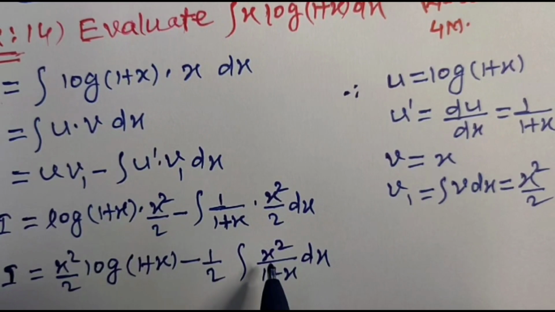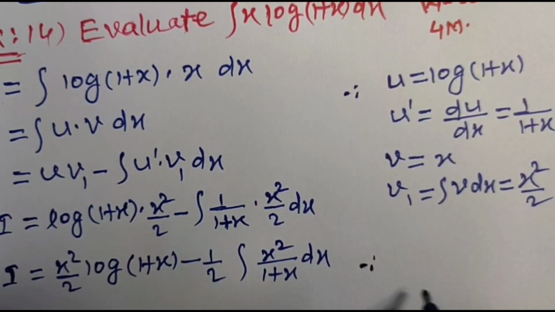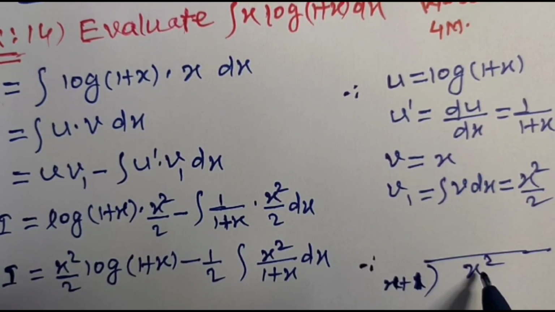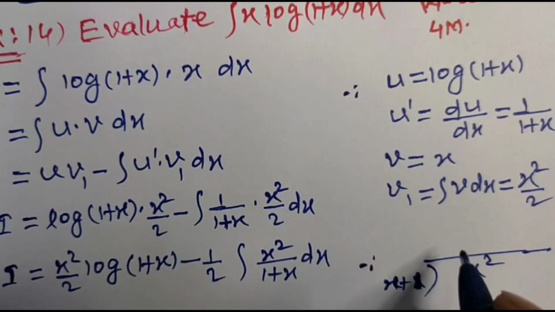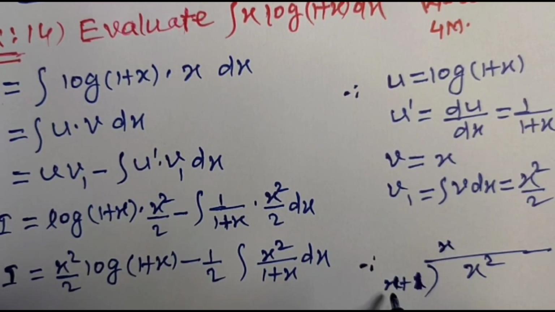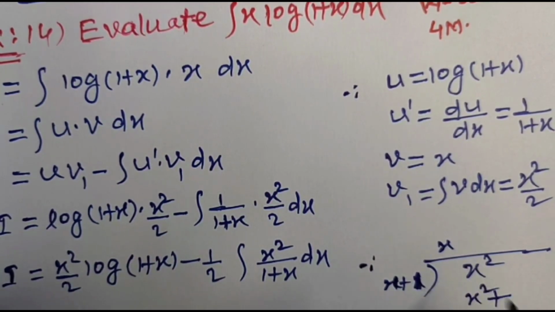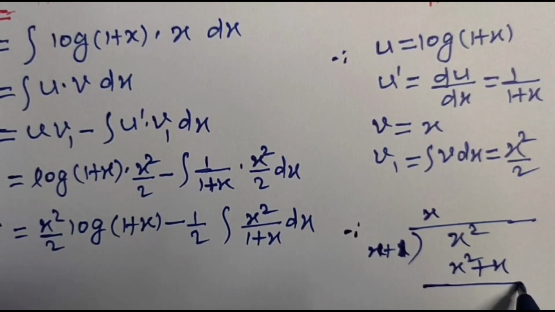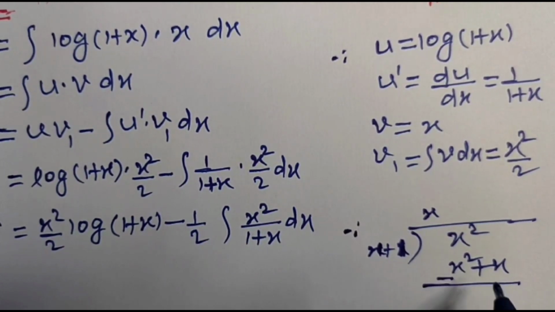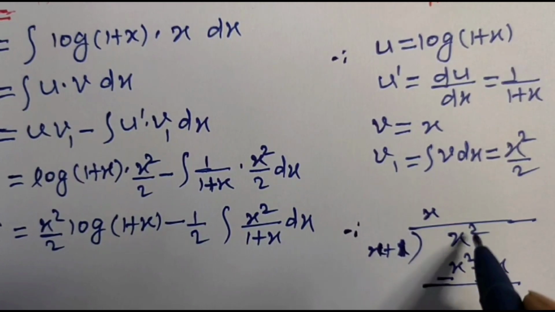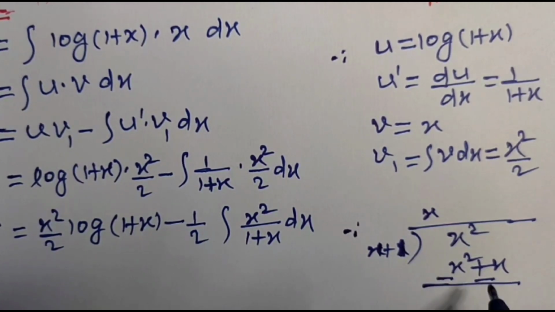Now here numerator, its degree is 2, and denominator is linear polynomial, its degree is 1. So we have to divide numerator by denominator. Hence dividing x square by 1 plus x. Now x square divided by x gives x only, and then multiply each term by x: x into x, x square, plus 1 into x, x square plus x. Now change the sign, plus changes to minus and this plus changes to minus. x square gets cancelled, remains minus x.